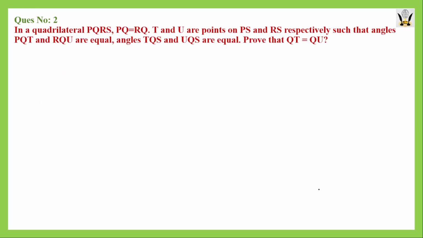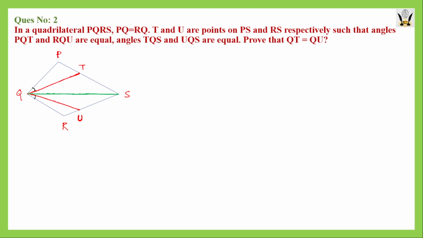Now the second sum. In this sum what we can see is a quadrilateral PQRS, where PQ is equal to RQ. T and U are two points on PS and RS respectively, such that angle PQT, this is the angle PQT, and angle RQU, this is the angle RQU,